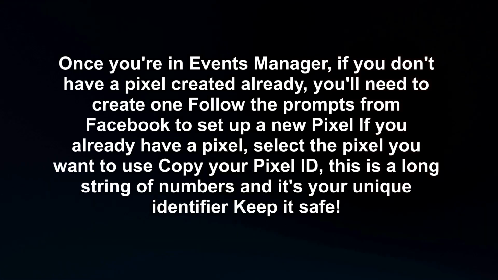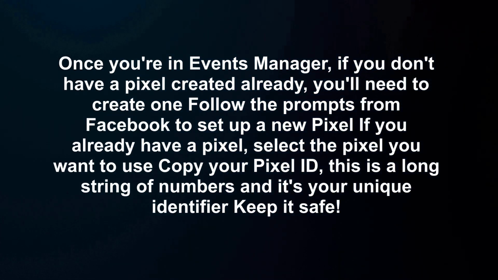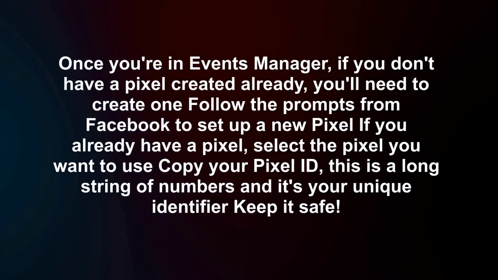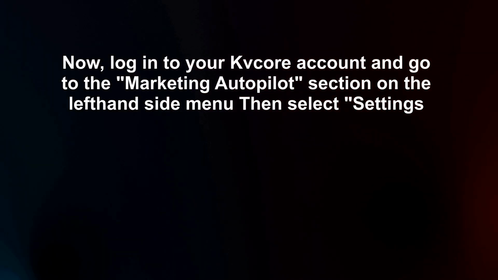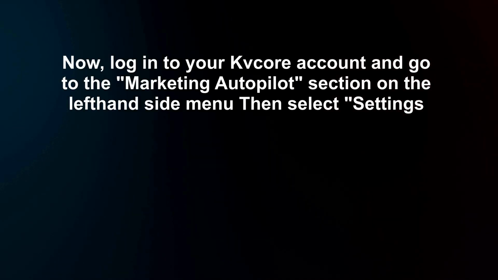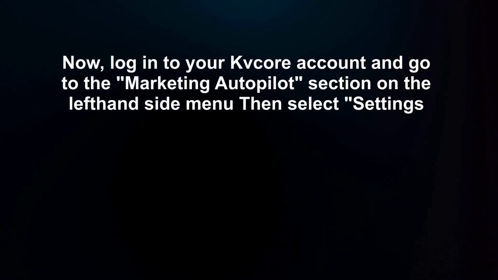If you already have a pixel, select the pixel you want to use, copy your pixel ID. This is a long string of numbers and it's your unique identifier. Keep it safe. Now, log into your Kvcore account and go to the Marketing Autopilot section on the left-hand side